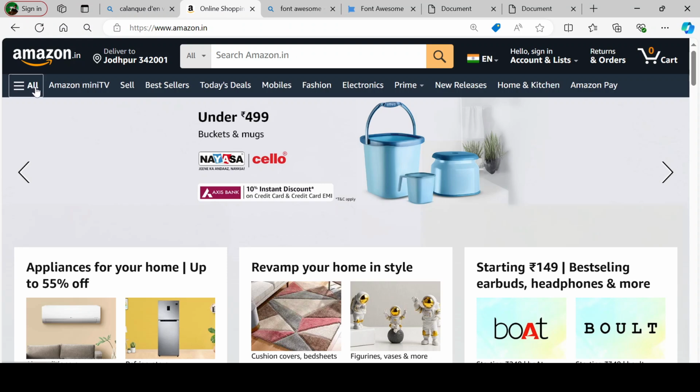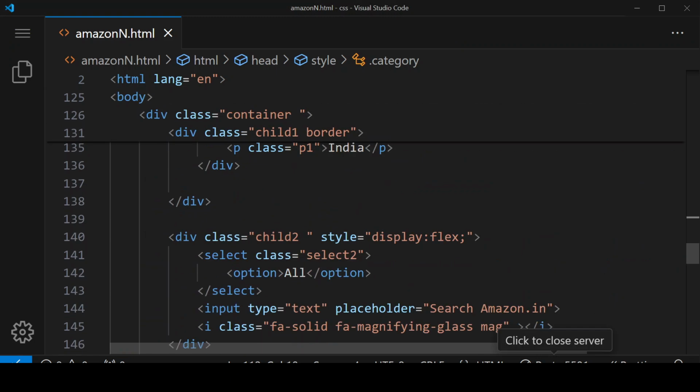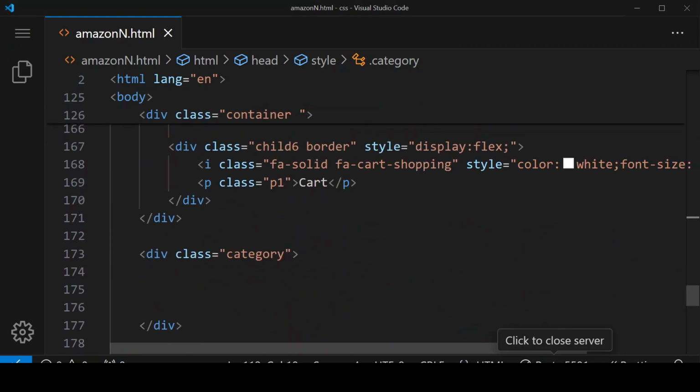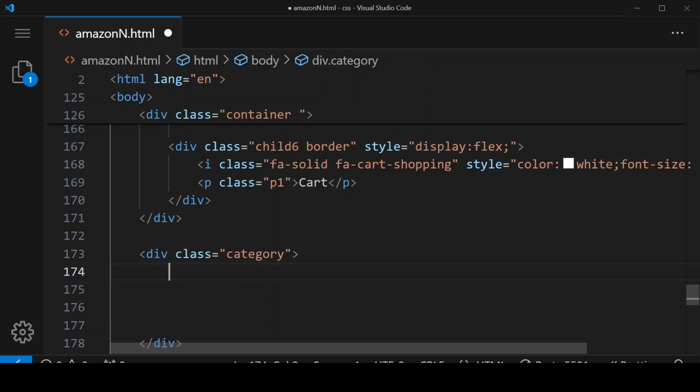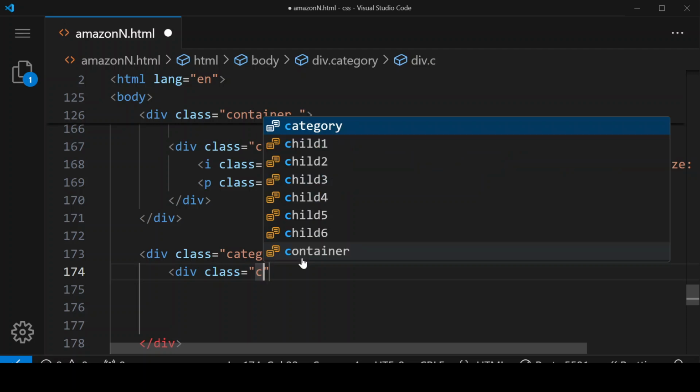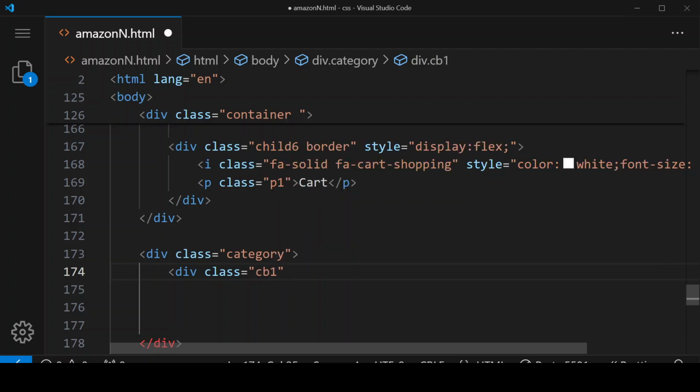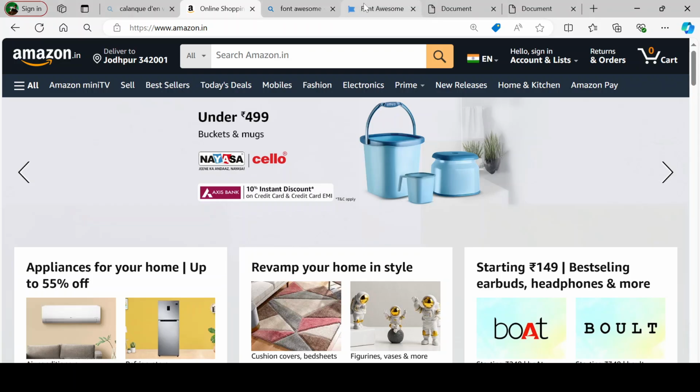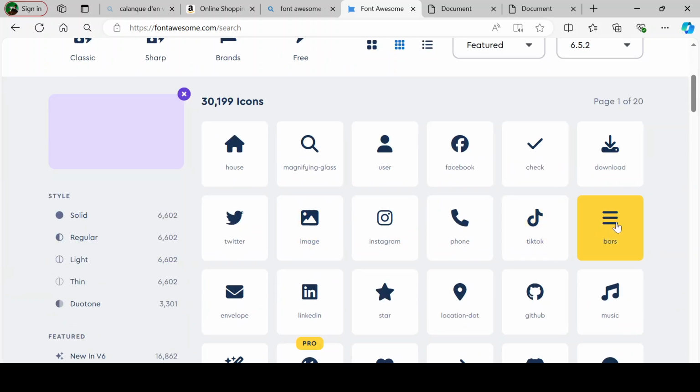The first element which we have to put here is this icon and this text. We'll be giving this icon and text in one div and all the other items in another div. So for that, here in the body section, in the category class, we are giving a div with class equals to CB1, category box 1, and in this box we are going to put that icon and that text. So we have to select that item from Font Awesome. So we are selecting this icon,